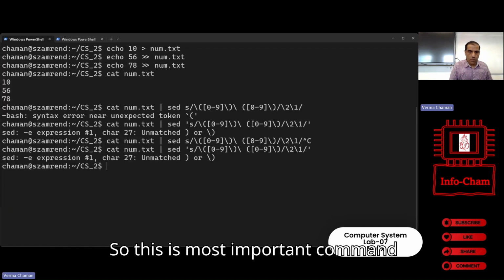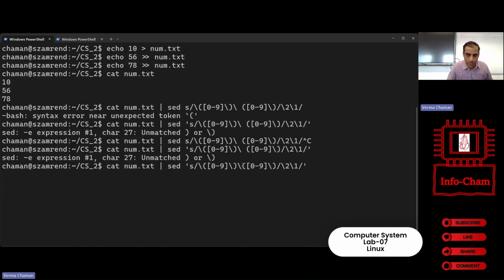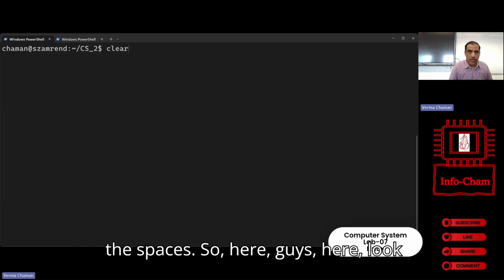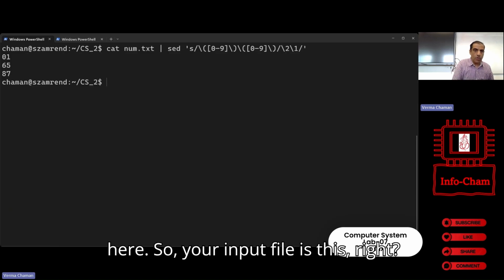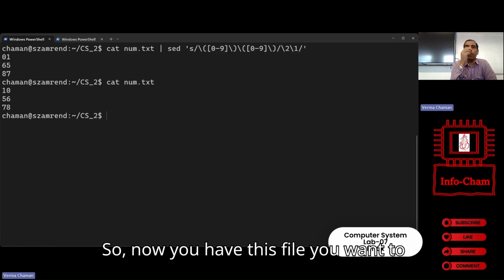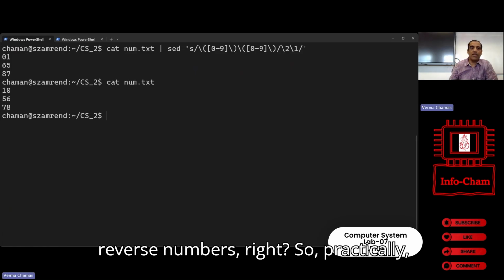So this is the most important command here. Be careful about the spaces. Yes, it is good now. So be careful about the spaces. Here, guys, look here. Your input file is this, right? So now you have this file. You want to make a reverse of the positions, reverse numbers, right? So practically,